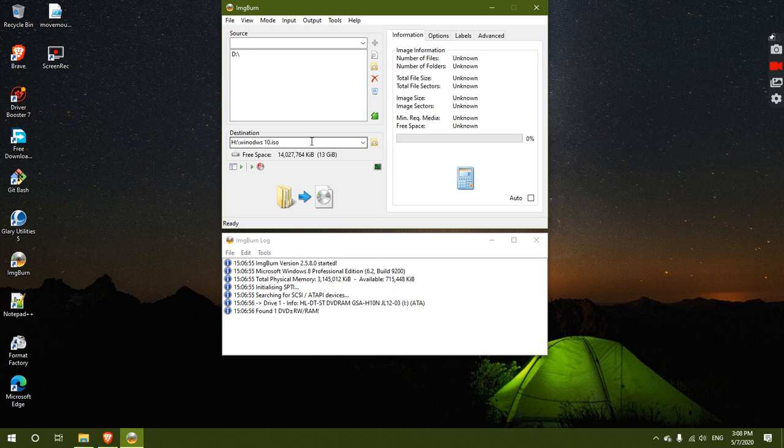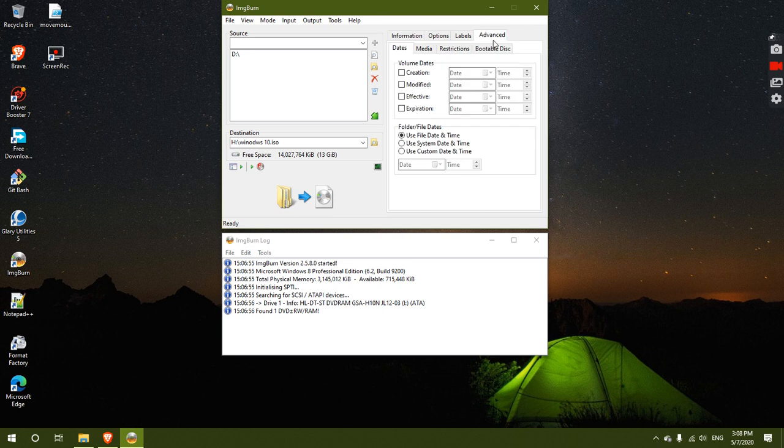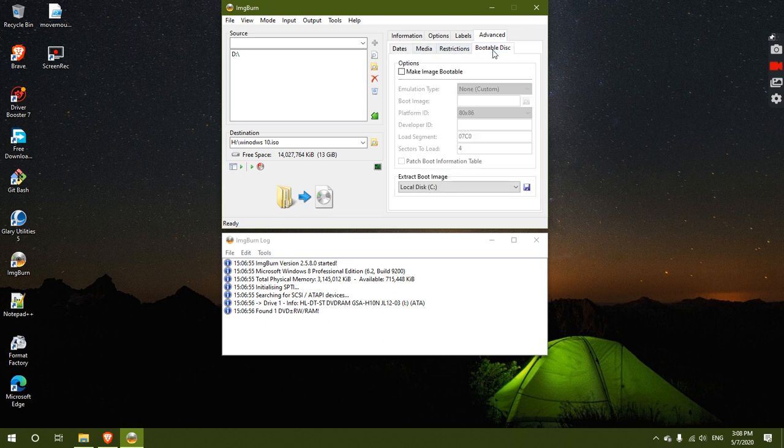The next process is on the right hand side of the pane, you need to select the advanced option. Then a number of tabs will be displayed below the advanced option, that is dates, media restriction and bootable disk. You need to click on bootable disk. Then make sure you click this checkbox, make image bootable.